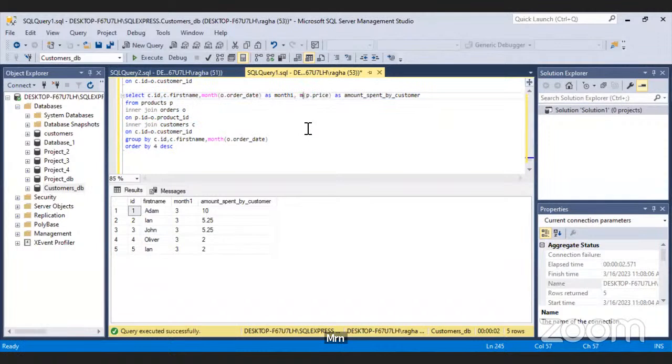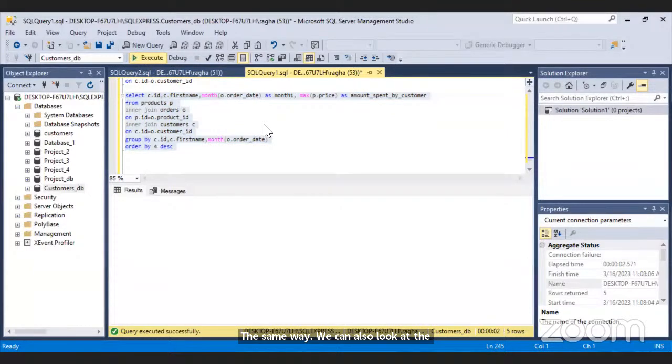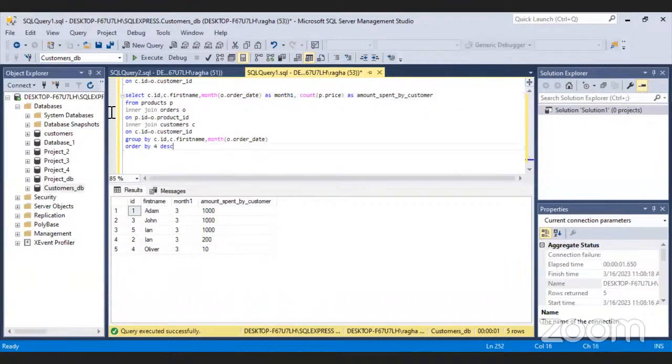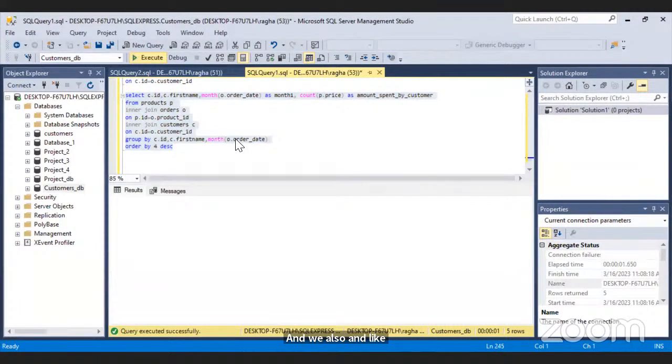In the same way, we can also look at the maximum. And we also can check the total count.